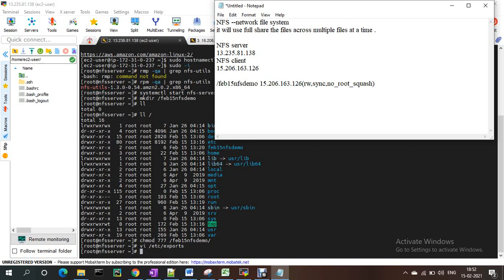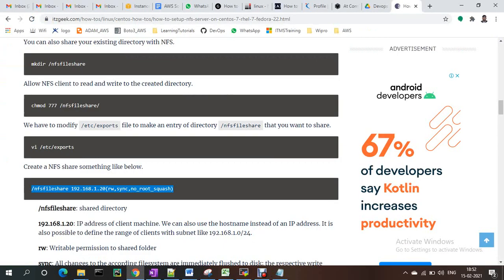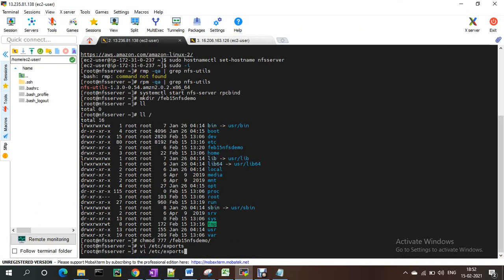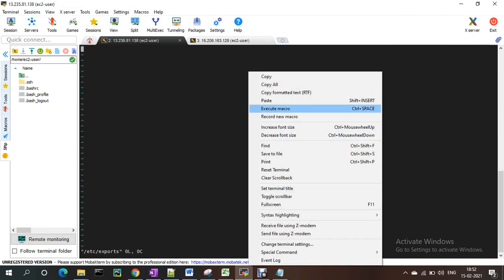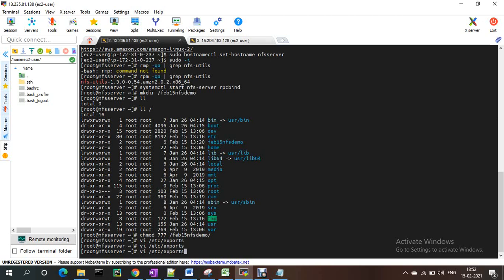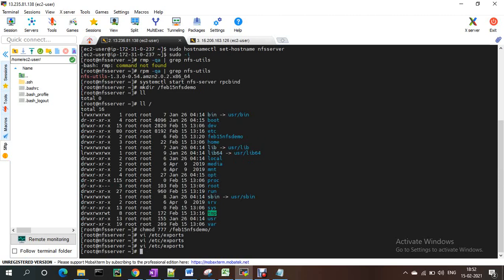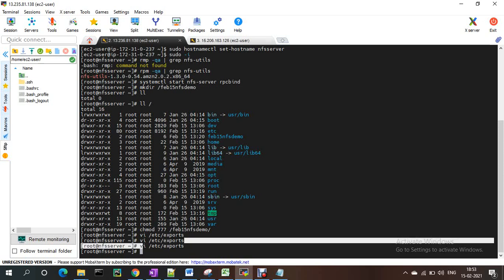So in /etc/exports I declared the client server details. This entry is there, and like that you can give multiple client details on the server.